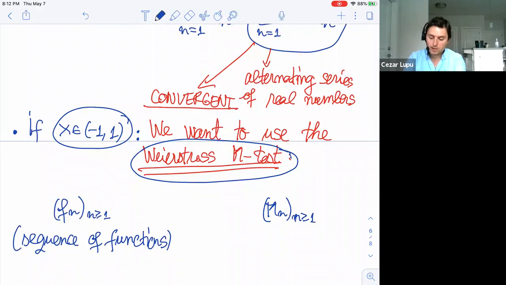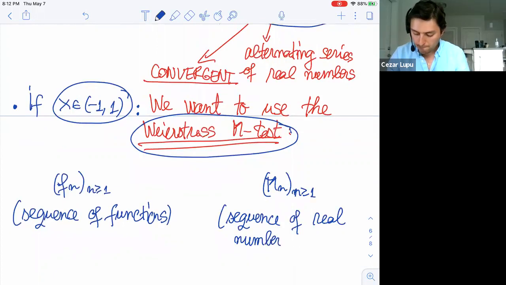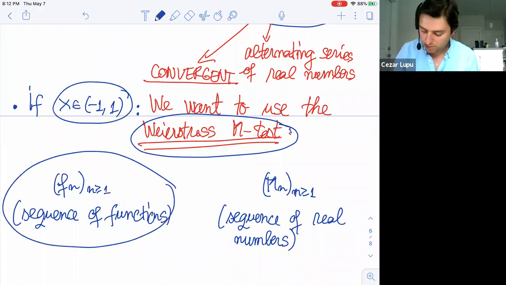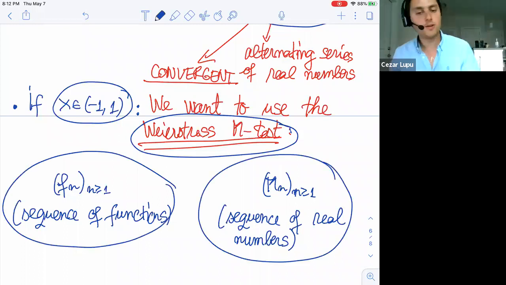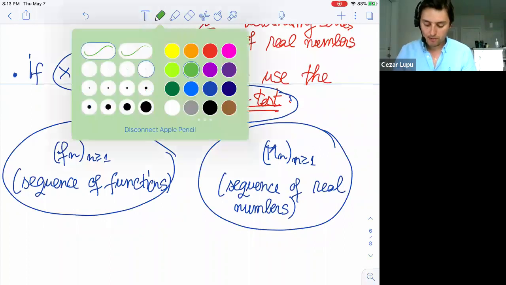So this is a sequence of real numbers. All right, great. And there is a relation between these two. We know that there are two conditions met. The first one was that the